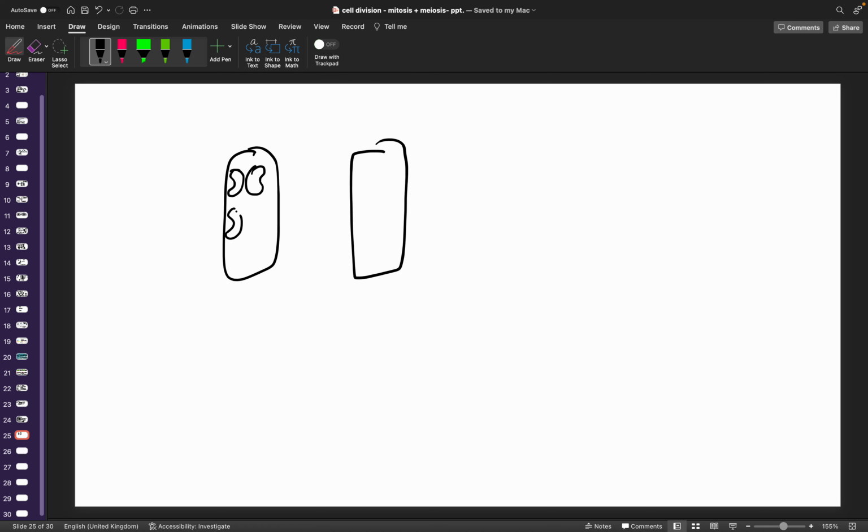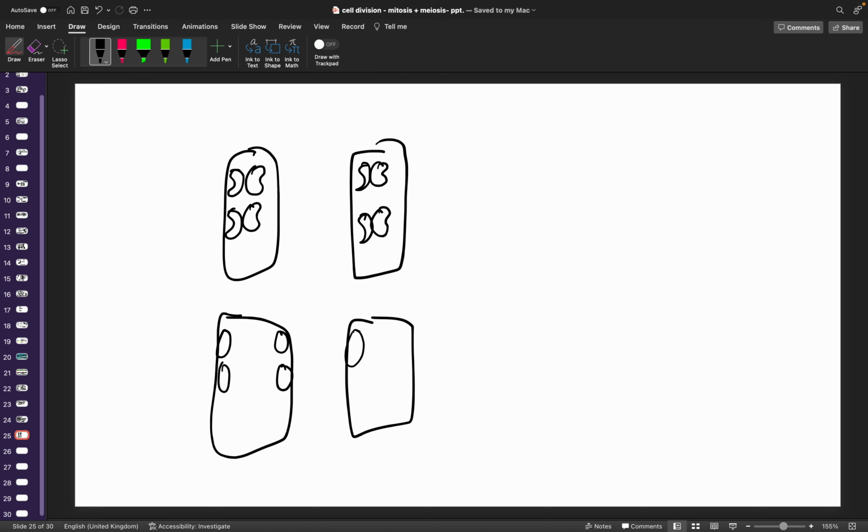Sorry, 2 new cells formed, right? And if we have 23 of these in each cell, well, this can split itself again. So in one cell, the chromosome X shapes will split to the sides. In this one too, the chromosomes will split to the sides. And then this can split again